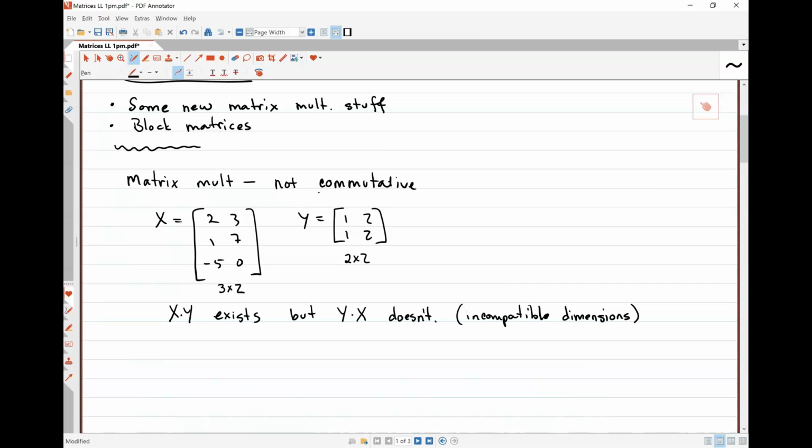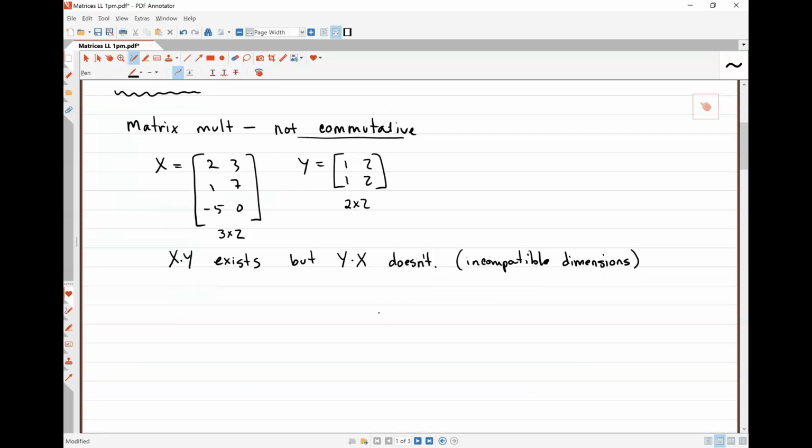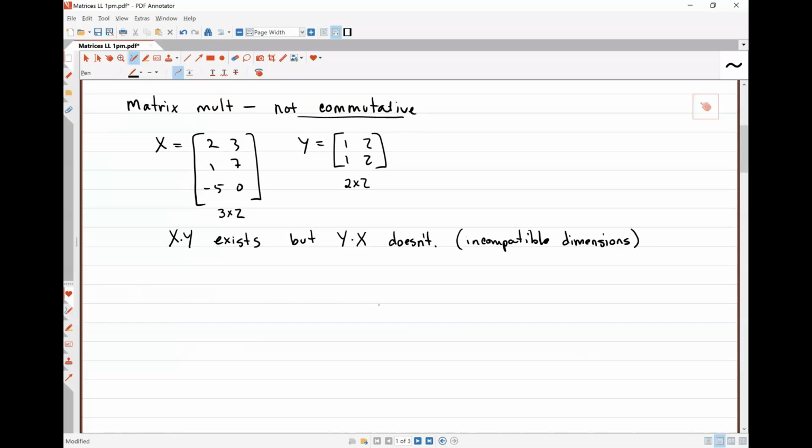But non-commutativity is not just about dimension incompatibility, right? You can have square matrices that you could multiply in both directions, but their products are not the same. So let's take this matrix A. I'm going to keep the examples kind of small with some exceptions with the block matrices, just because it gets like a lot to write. And then we can take B is 0, 4, minus 2, minus 1,